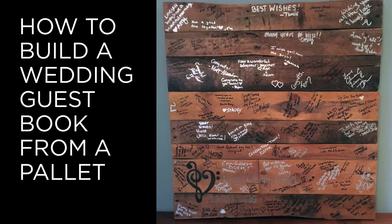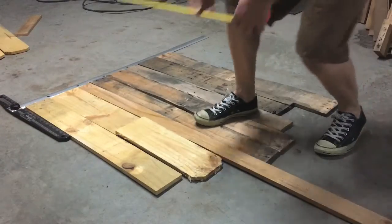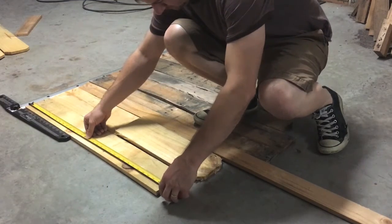How to build a wedding guest book from a pallet. It took about 3 hours to build this project at a cost of about $19, assuming you can get your pallet wood for free. First, I use a T-square to take the best pieces of wood off the pallet,